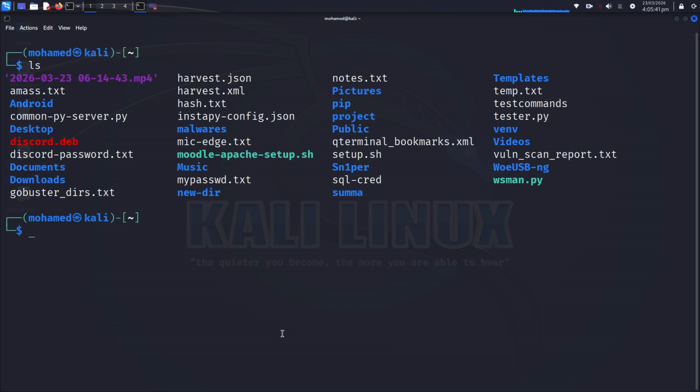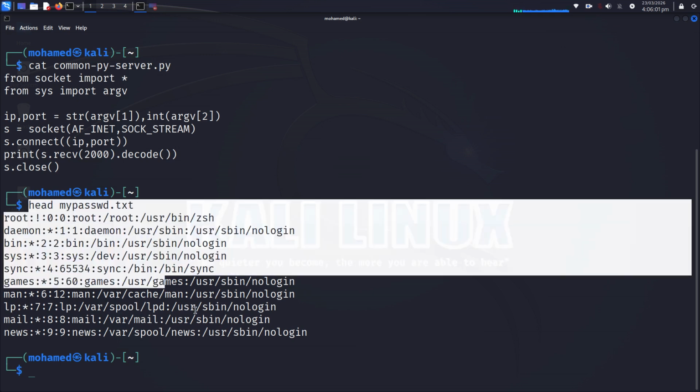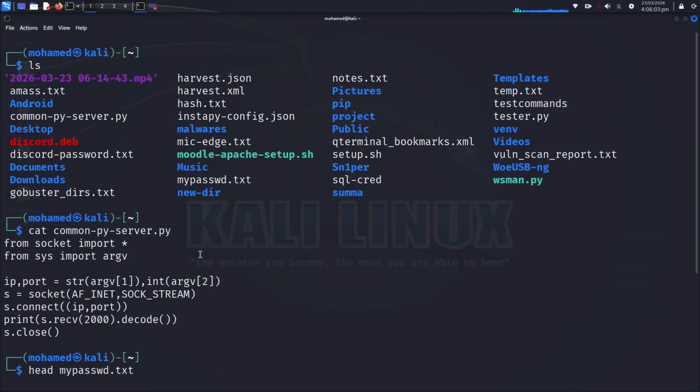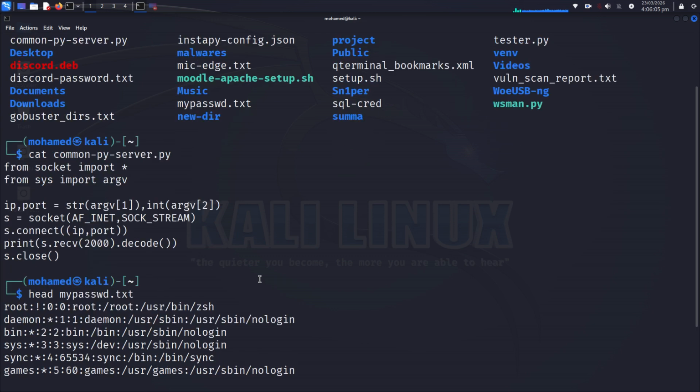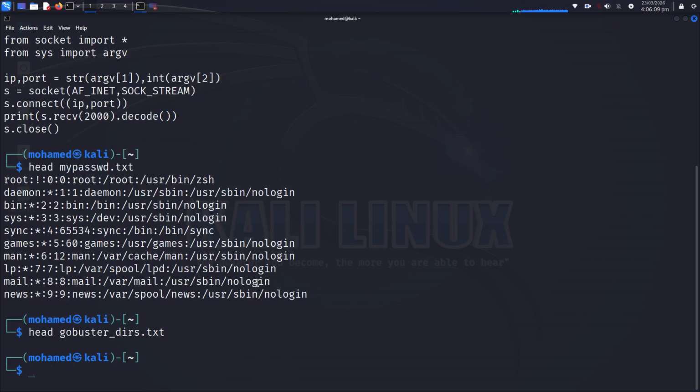Now let us learn how to view and analyze file contents, which is very important in security analysis and incident response. The cat command is used to display the full content of a file, for example cat notes.txt. The less command is used to view large files one page at a time, making it easier to read long log files without overwhelming the screen. The head command shows the first few lines of a file, and the tail command shows the last few lines, for example tail logs.txt. You can also use